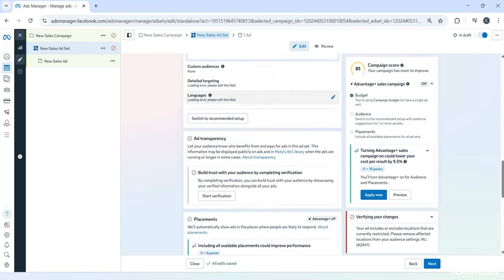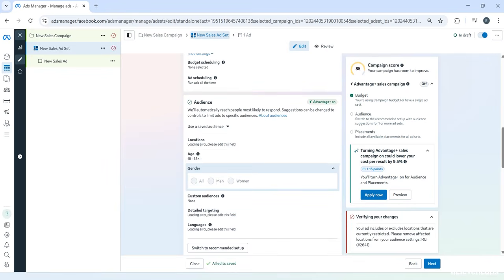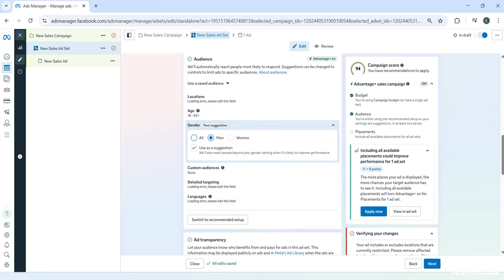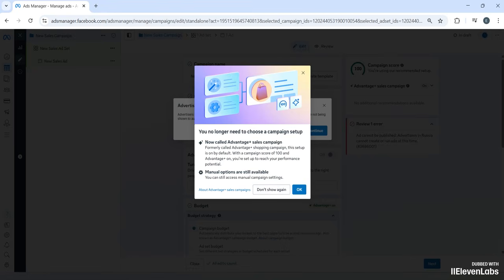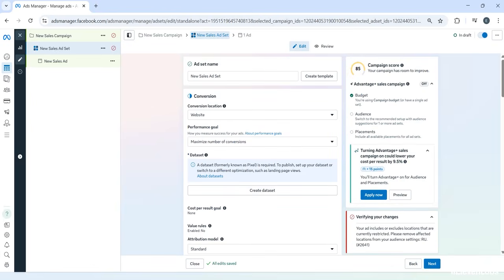We don't know why FB decided to do this. Perhaps it's because Advantage doesn't perform well with very specific targeting. However, what we know for sure is that in the near future, this feature will be impossible to disable. They are already adding an initial warning that it is enabled by default. This means neural networks need to be trained before they can operate, and they are doing this using our budgets. You will be responsible for the neural network's errors. Of course, for white label advertising, Advantage might already work quite well, but for more specific campaigns, it could let you down. Therefore, turn it off, but make sure to configure it wisely.